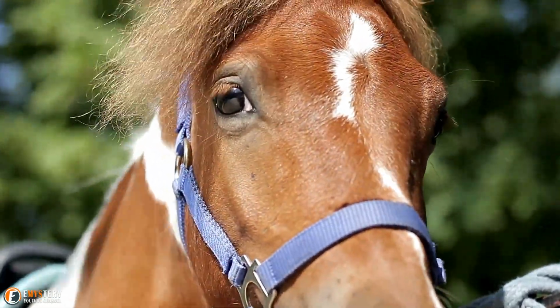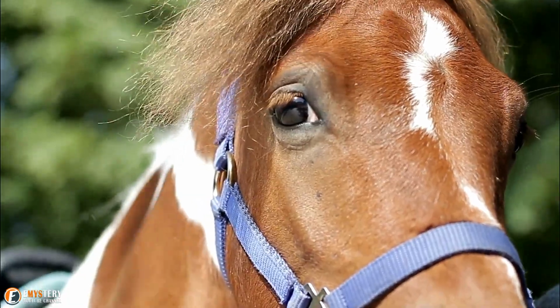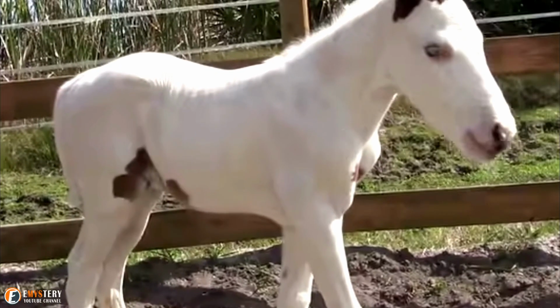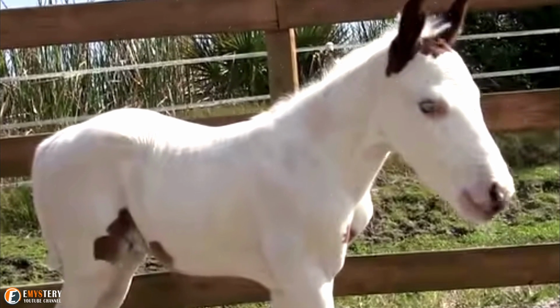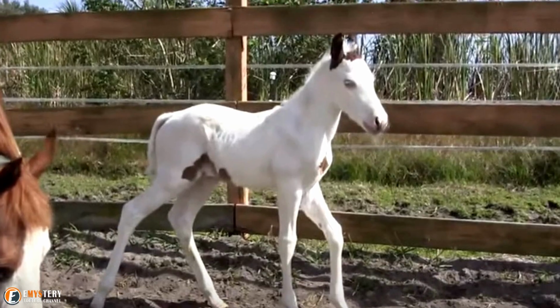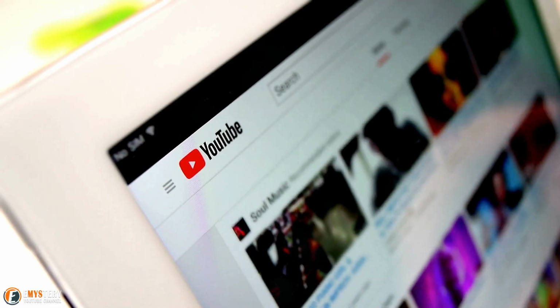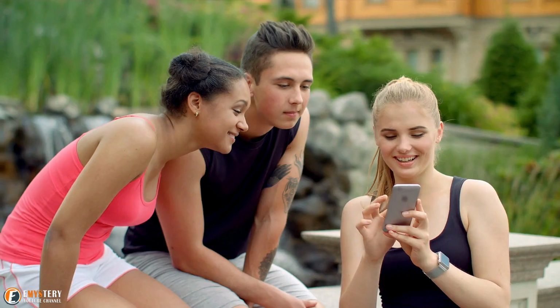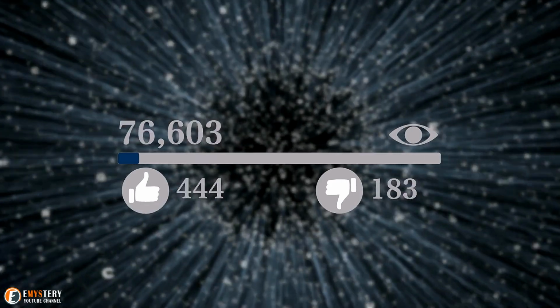Scott is evidently enchanted by their new addition, continually cooing at little Coconut throughout the video. Intrigued by the foal's rare markings, when she comes close to him, Scott says, "Turn here and let's see that little shield on your chest." Coconut isn't very cooperative, however, and the video seemed to be a huge hit with horse lovers when it was subsequently posted on YouTube. Indeed, Coconut captured the hearts of many, and before long more than 3 million people had